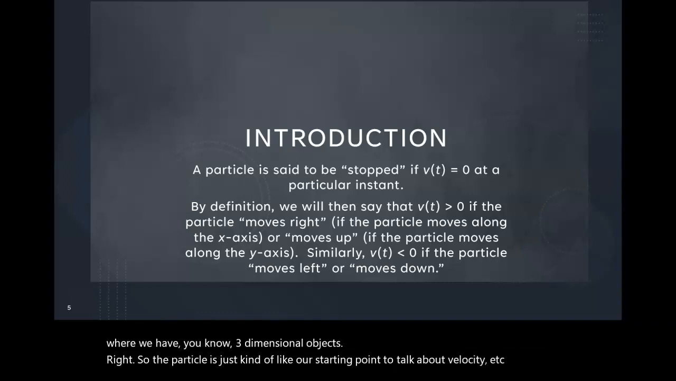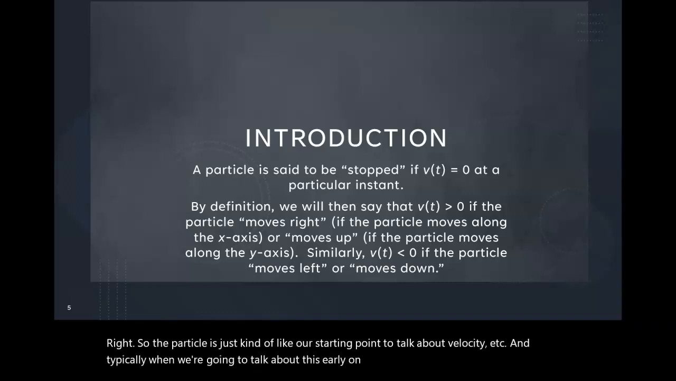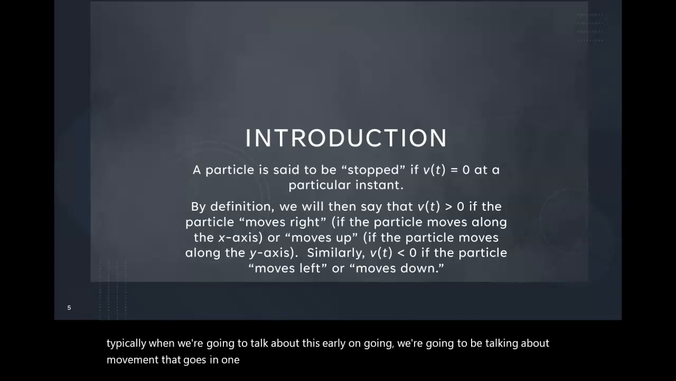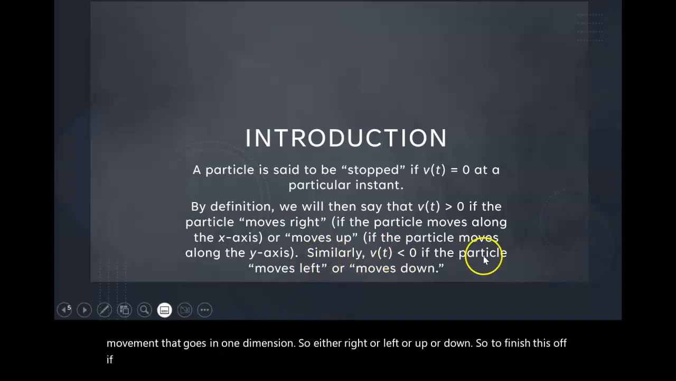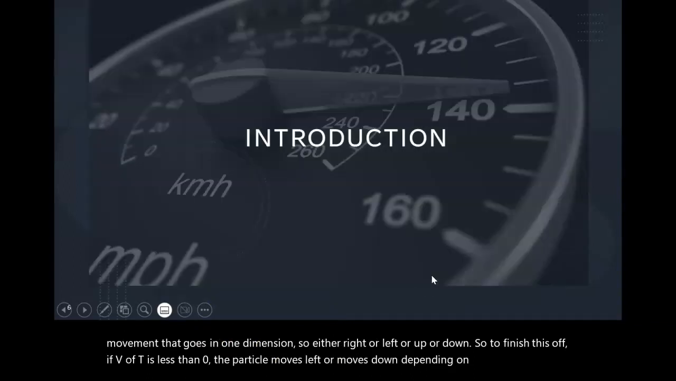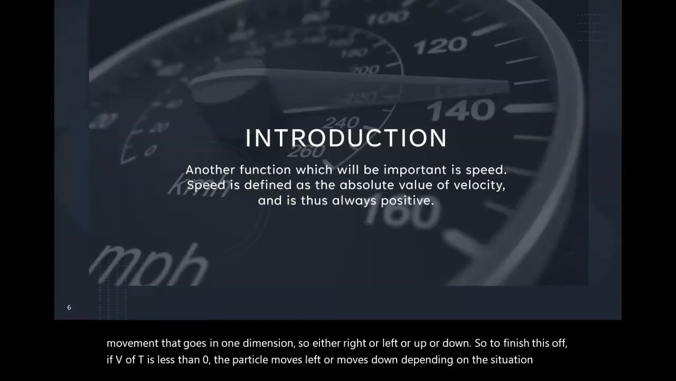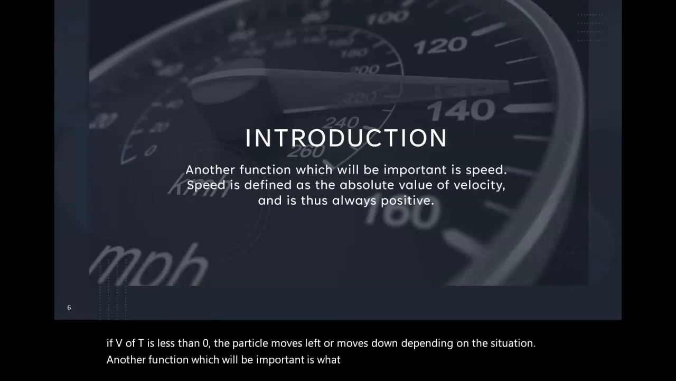And typically, when we talk about this early on, we're going to be talking about movement that goes in one dimension. So either right or left, or up or down. So to finish this off, if v of t is less than 0, the particle moves left or moves down, depending on the situation. Another function which will be important is what we call speed, and speed is defined as